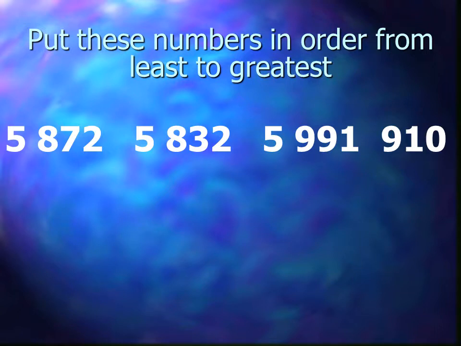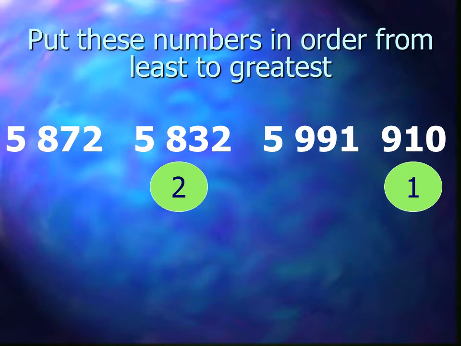Did you get the smallest number being 910? Very good. Now the other three numbers can be a little tricky because they each have 5,000 in them. Which one is the next largest? Very good. 5,832 is the next largest. And then